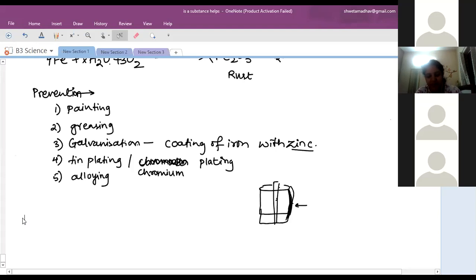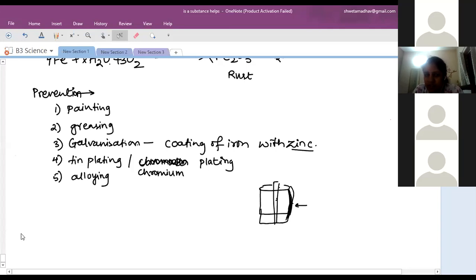Ma'am, then why don't they just galvanize a small portion of the iron and leave it like that? For long lasting protection. When all the zinc is converted to zinc oxide, then what will happen? The zinc is used up, so we will galvanize it again. So it has to be galvanized repeatedly. If only some area is coated, then the repetition has to be done in a shorter duration over time.